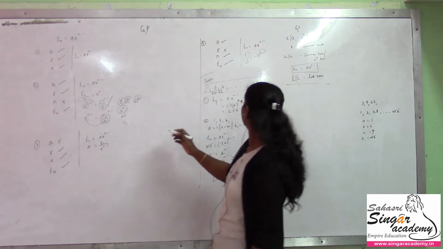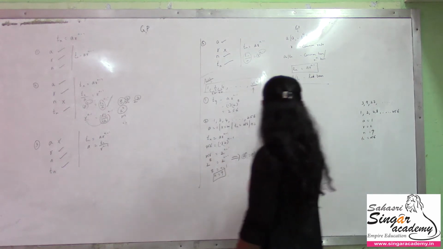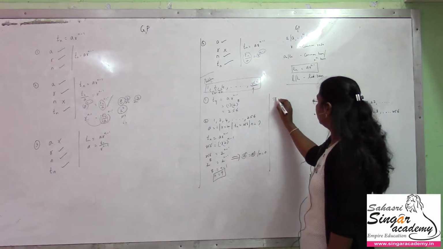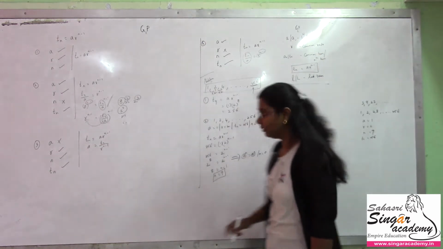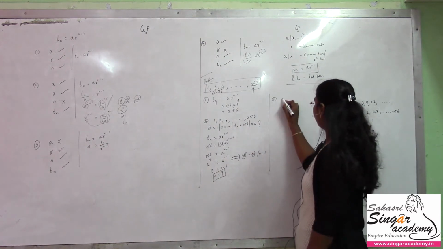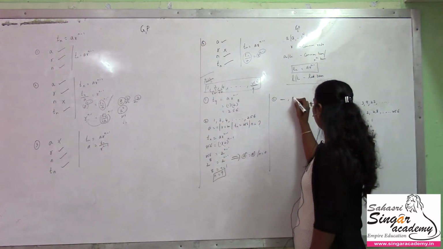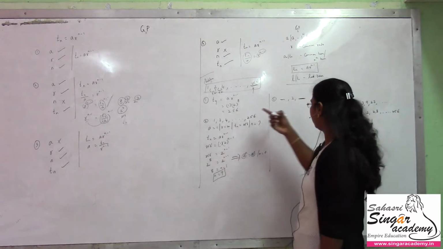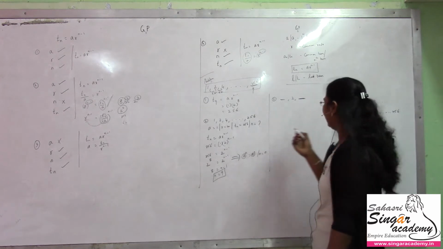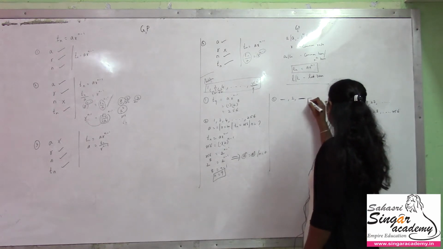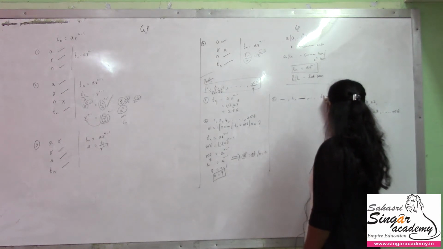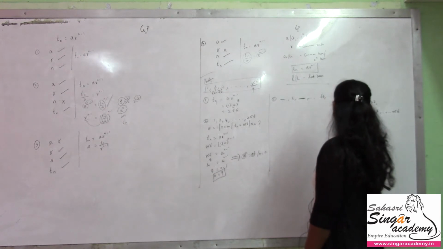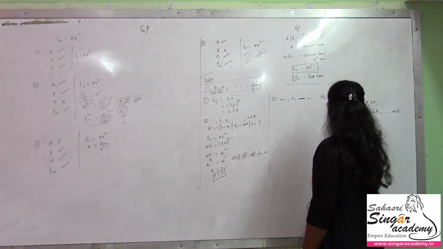Let me have the third case here. Okay, let me continue the third case here. The third case is a not known. Appo enakku first term theriyadu, so a not known. I know the second term. I need not worry about the third term, theriyadunu vechikalam. And some term is here in the middle, 64 irukku vechipom, and 256. This is the ninth term.